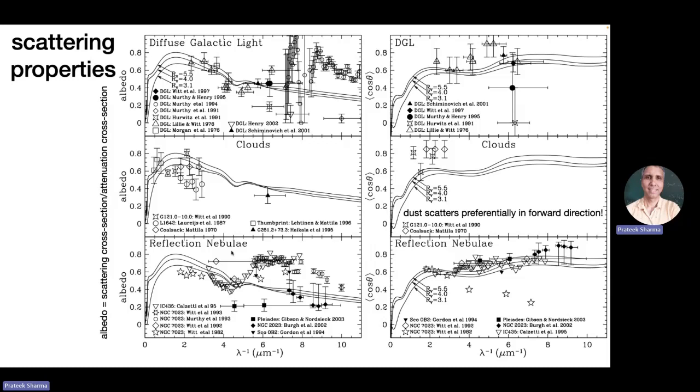So nebulae, these H2 regions, also have dust around them, and you can see dust scattered light from these nebulae. In fact, if you don't look directly at the star but look at the nebula, you can even see the absorption lines of the star in the reflected light, because the same photons just get reflected in another direction. Okay. So this tells us about scattering properties.